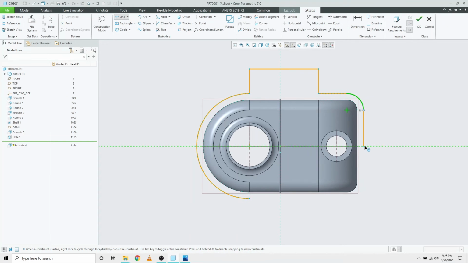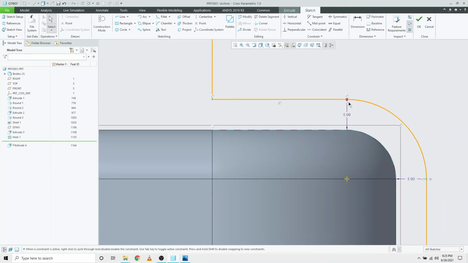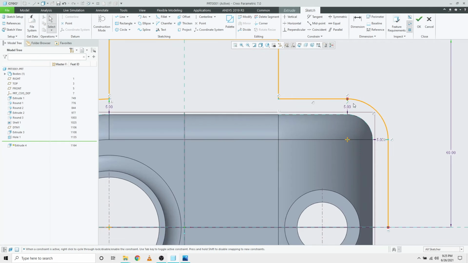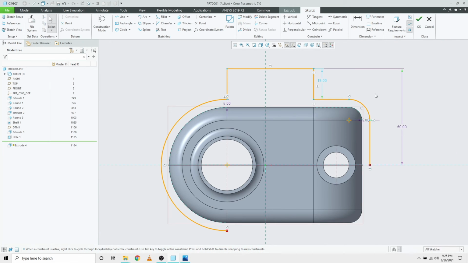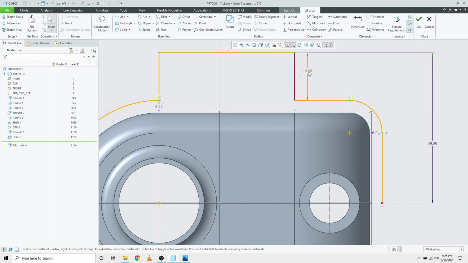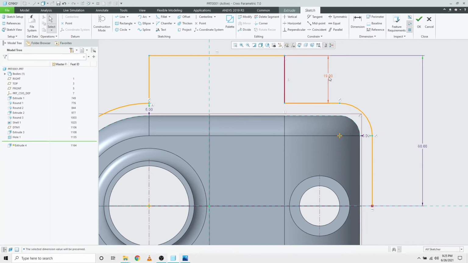Okay, and I'm gonna make a line from here to the center line. As you can see, there is a red dot here. It indicates that there is a problem with the arc joining with this line. Instead of projecting it, what I could do is click this line and delete it, and make a new line. That's how it fixes the problem. Now we are done with that. I can click this dimension and make it a strong dimension so that it is not being manipulated. Or you can even delete this dimension.